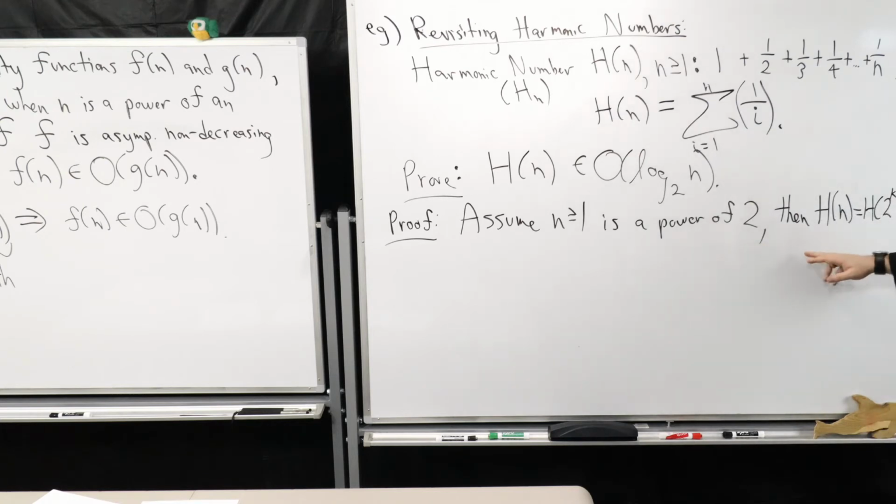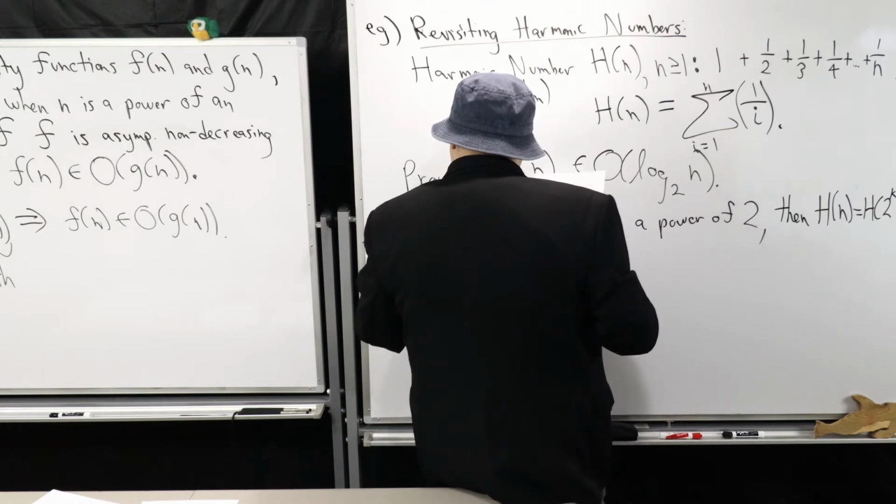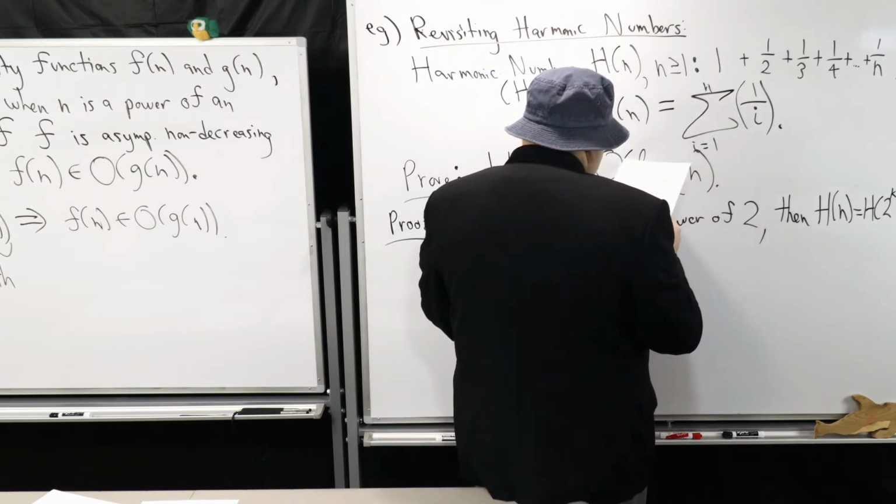So now, because we've assumed n is a power of 2, h of n can be rewritten like this: h of n is equal to h of 2 to the power of k,